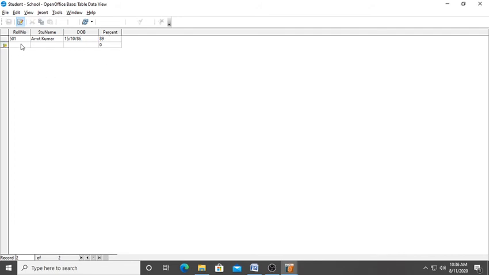After that, if you want to shift to the next record, you can click on this, or from here you can directly press the tab key. After pressing the tab key, you will come to the next record. Here we are feeding 505. This is the roll number of suppose Ram, so we can write Ram. And the date of birth of Ram is suppose 25 April 85, like that. And the percentage of Ram is suppose 79.